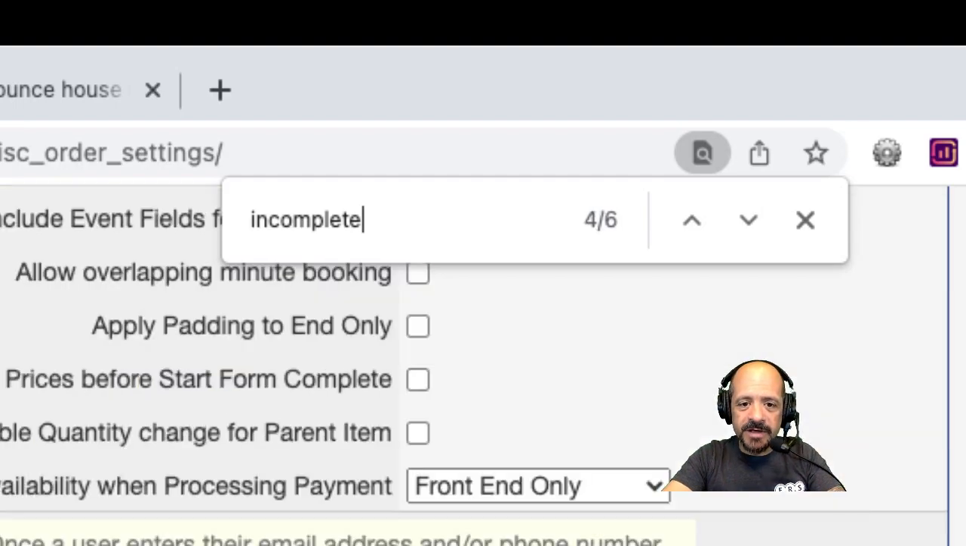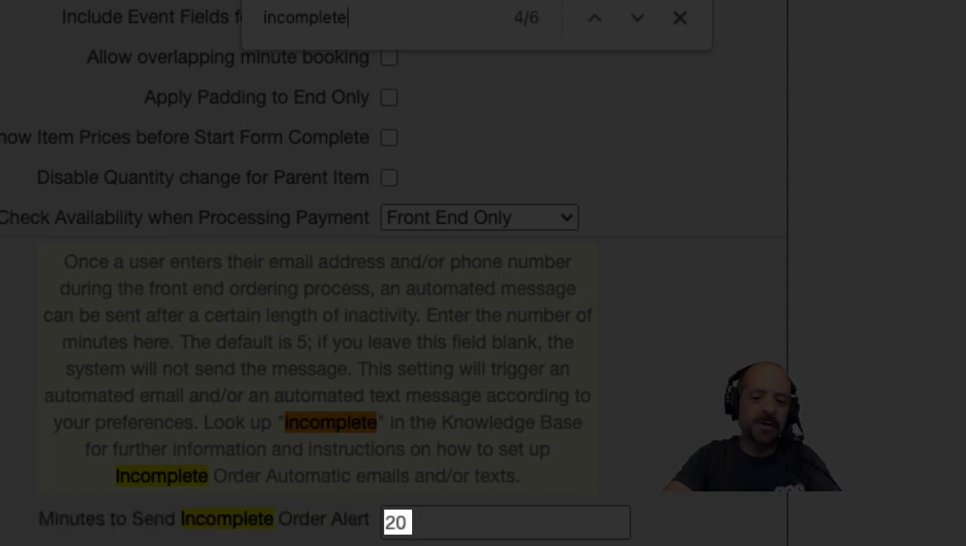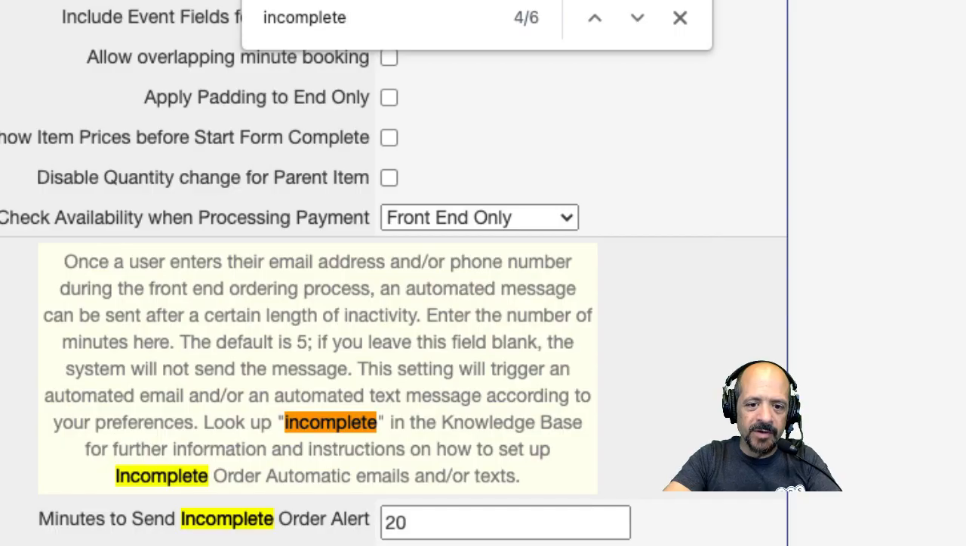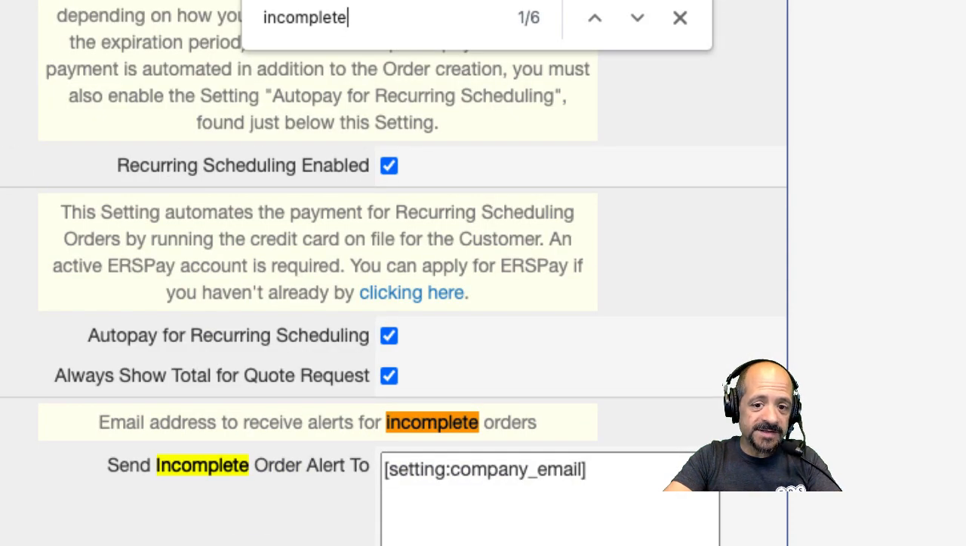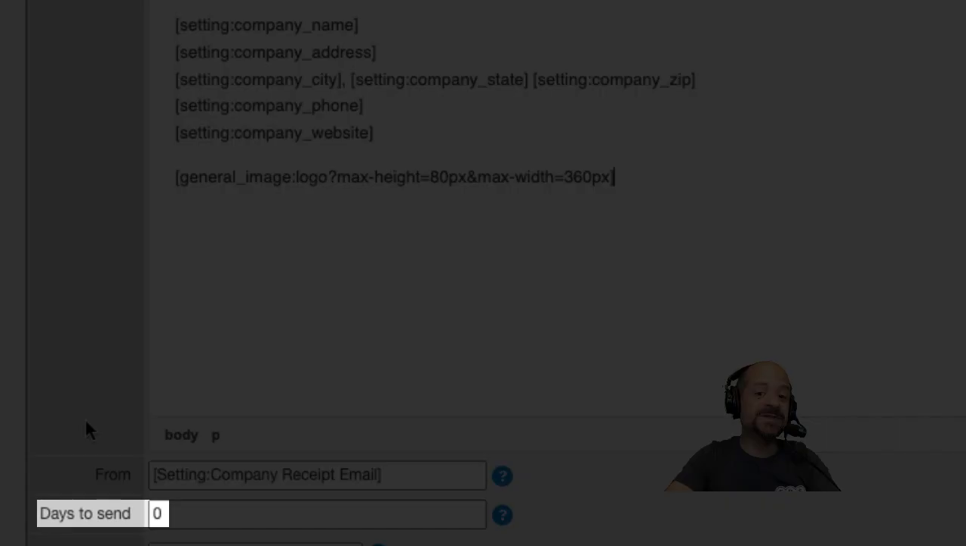All right, so the other incomplete order setting is going to be the minutes to send incomplete order alert. So that's how many minutes the system is going to wait after they've entered in contact information to send them that incomplete order alert. You can see it's set to 20 minutes by default, but you can edit that here. So that minutes to send incomplete order alert setting, along with the Send Incomplete Order Alert To setting, both of those fields need to be filled out, and you have to have that Incomplete Order Alert email in place with the number 0 in the Days to Send field in order for those